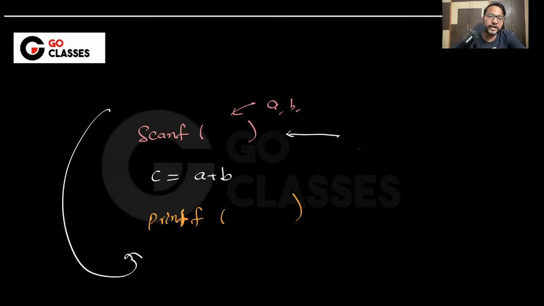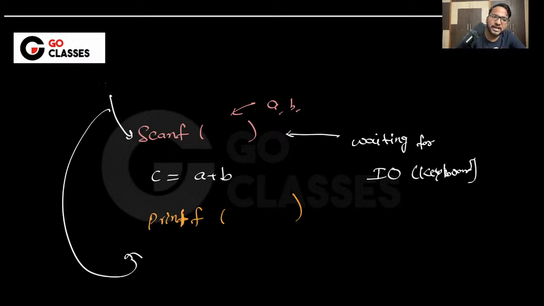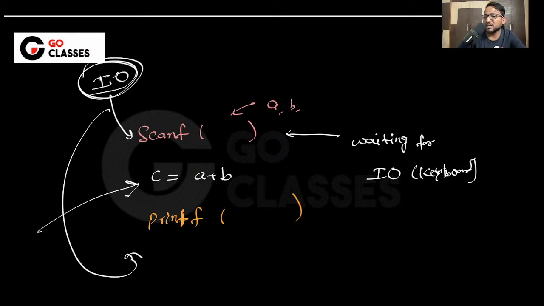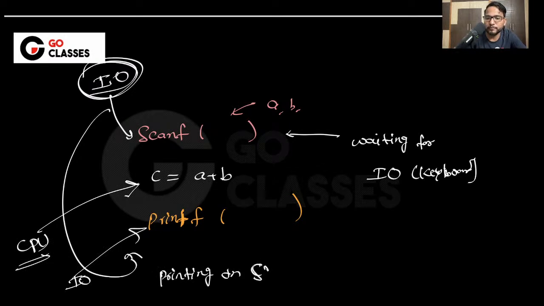See, here you are waiting for IO, waiting for the keyboard, right? IO, which is the keyboard in your case. So this is IO burst. This is basically IO waiting. You are waiting for the keyboard. This is the computation you are doing in the ALU, which is a part of the CPU. So this is IO, this is CPU. Then this is again IO because you are printing on the monitor, printing on the screen.